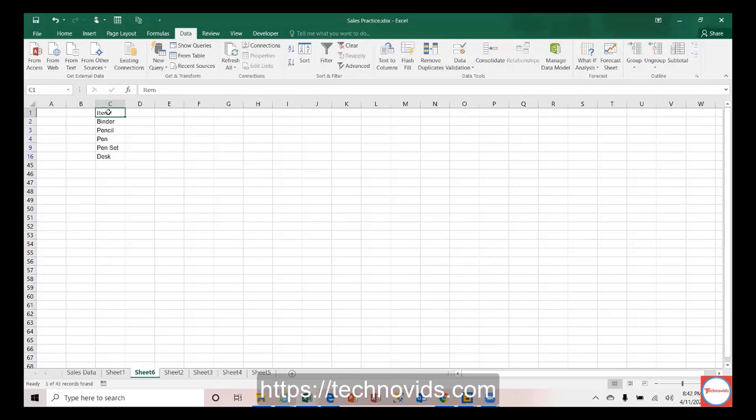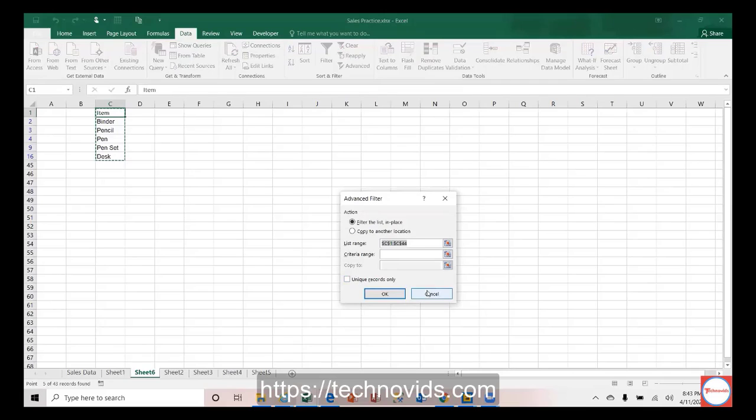You can't see the filter icon here, but you can see very well here the hidden records or hidden data. The hidden data is always there. You can always unhide, but if your objective is just to filter the unique records, you can go to the advanced tab here and choose unique records only.